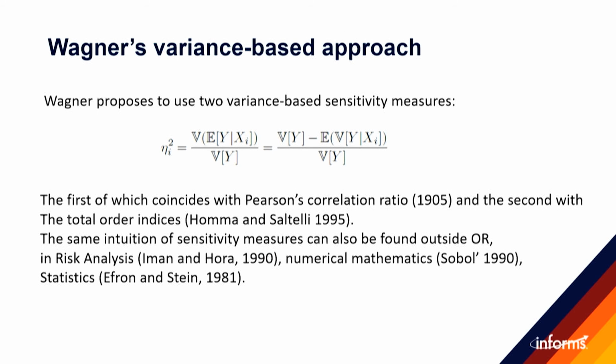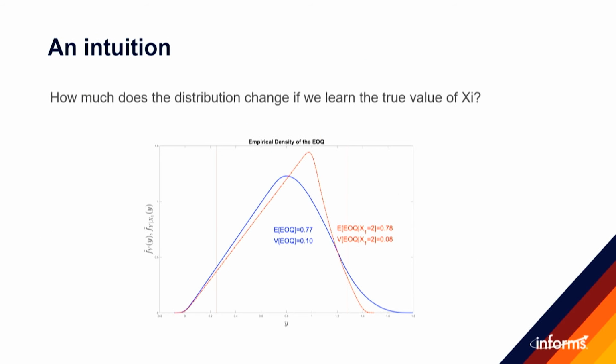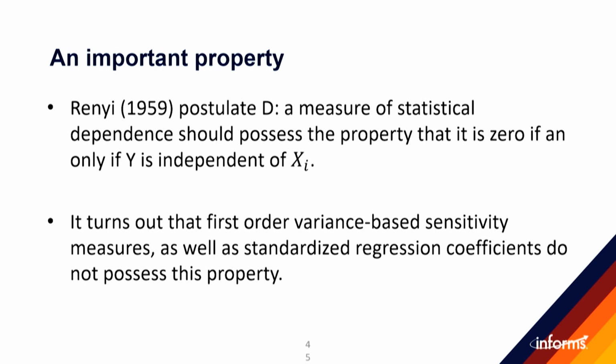So variance-based sensitivity measures since then have become quite popular. And to be fast here, I'm skipping some mathematics that is in the tutorial in the paper, but it's not here in the presentation. One of the nice things about variance-based is that, if we all know what variance is, they give you the percentage of variance reduction if you fix an input, which is a great insight. If you see them as measures of statistical association, recently there has been a revamping of works